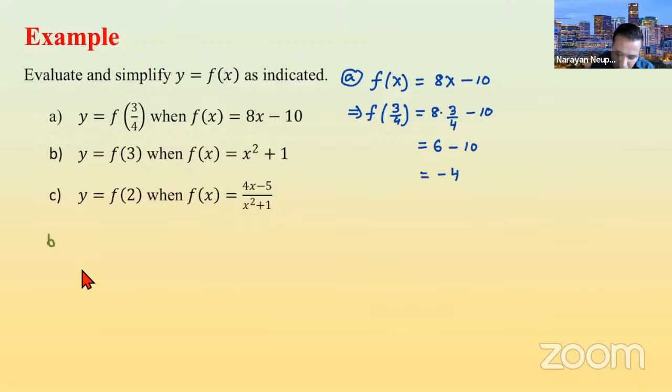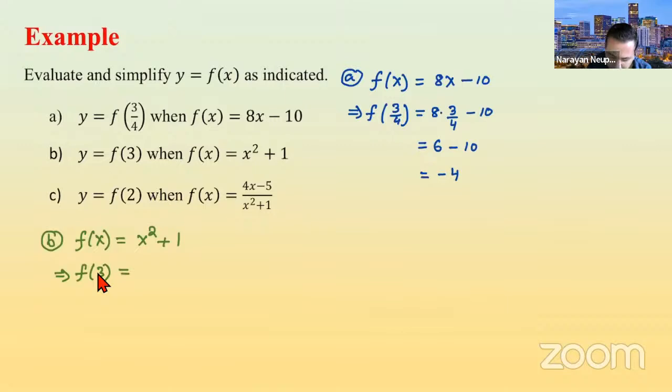In B, we have f of x equal to x squared plus 1. Okay, f of x is x squared plus 1. And we are asked to find f of 3. So we plug in 3 for x. So we write it like this, f of 3. You can clearly see in place of x, you are writing 3. So if we do that,